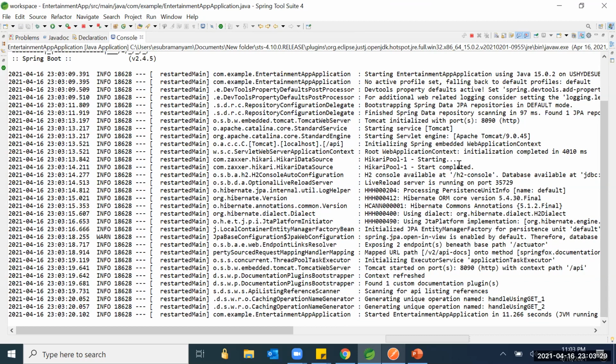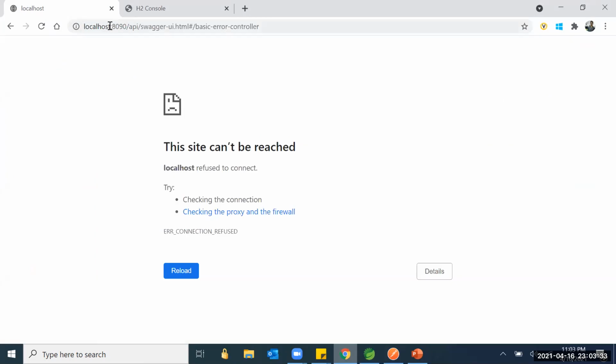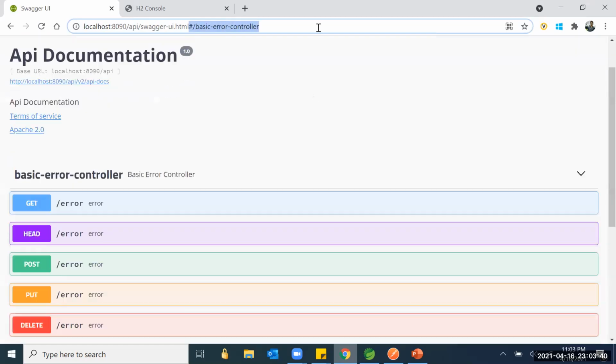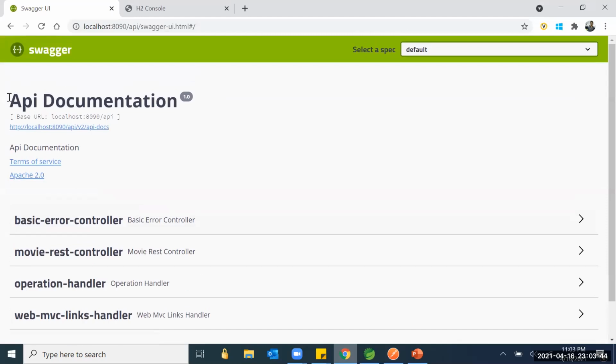Server is started now. So normally how we can access Swagger UI is, this is our port, and this is my API Swagger UI. If I use Swagger UI, you can automatically see here, right? This is our application API documentation.